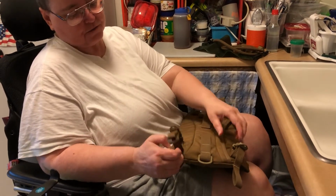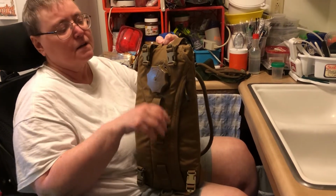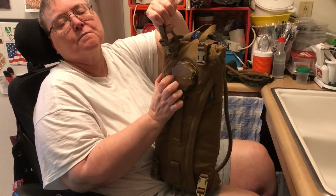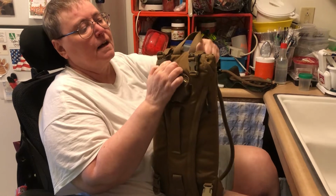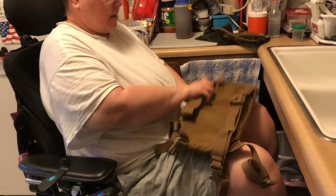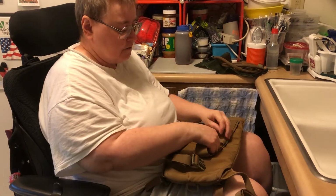There's 4 of these buckles, 2 at the top, 2 at the bottom on the front, that were designed to attach the carrier to MOLLE webbing. But the ones at the top, when they're fully opened, were pretty good to hang the bag from like a bed railing, which is how I used to always attach mine. And the big handle will hang from the back of a chair on like a snap hook, and it's got standard straps for if you want to put it on the back of a chair that way. But since I never really used those,